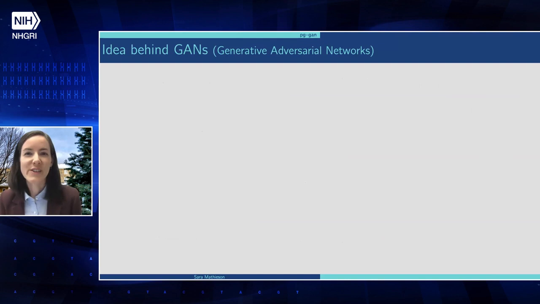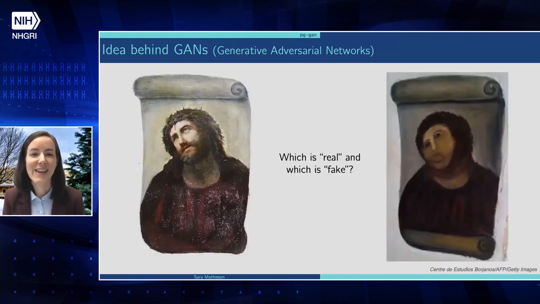So to draw an analogy from the art world, say we are a forger and we're trying to make fake artworks in the style of famous artists. If we're just starting out, we're not very experienced, and we just try this, our fake data might look like this. And so now it's pretty easy for, say, an art critic to determine, well, one of these is fake and one of these is real.